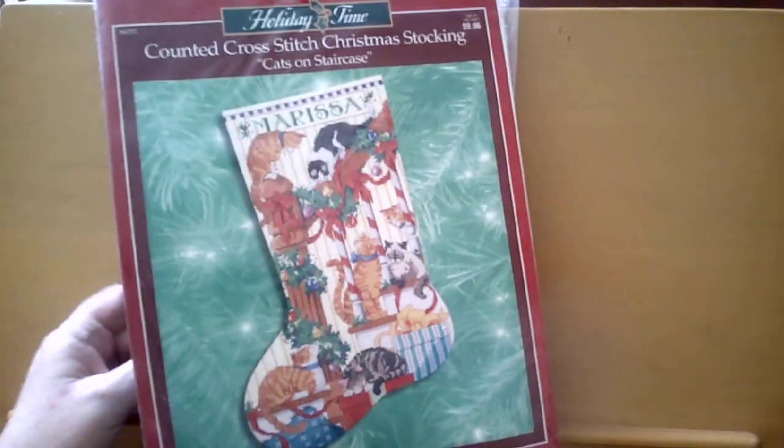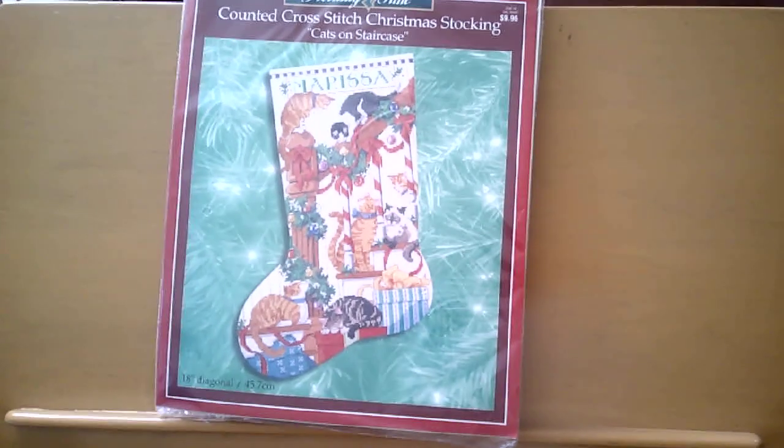Now, if you are going to do a cat stocking, why stop at one? Here's another stocking with cats on it. This is from an imprint called Holiday Time. I seem to remember them being available in places like Walmart back in the day. That may be where I got this, I'm not sure. They were always very affordably priced compared to the big box stores, but they don't carry that kind of stuff